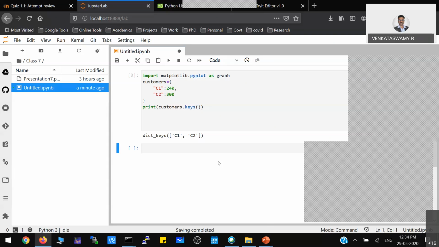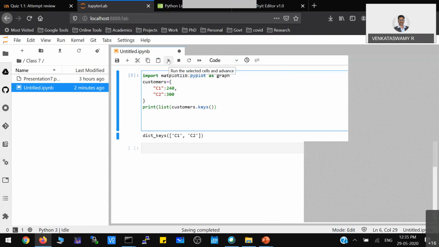Say for example, ultimately when I try to print keys, it is also something like a single dimension array, but it's a dictionary keys object. So if you want to convert this particular keys into a list, a single dimensional array, you can use a function called list.